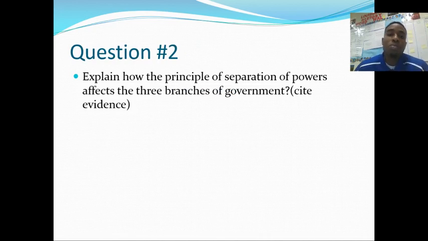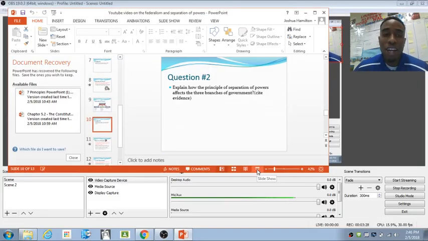All right, explain how the principle of separation of powers affects the 3 branches of government. Cite evidence. Based on what I already know, the principle of separation of powers affects the 3 branches of government by dividing the government or identifying the jobs of